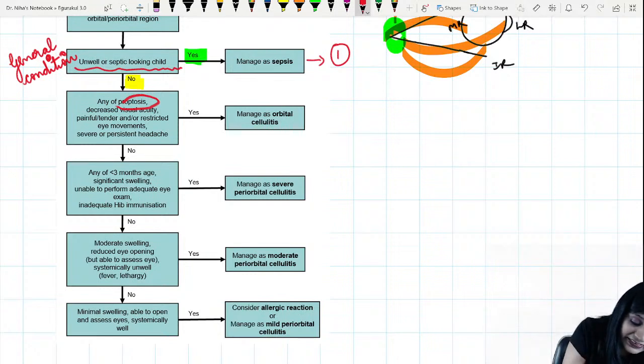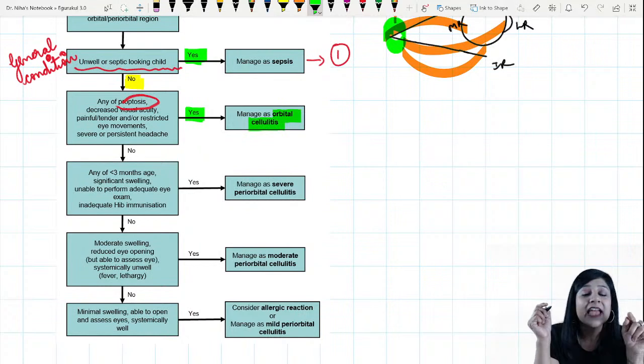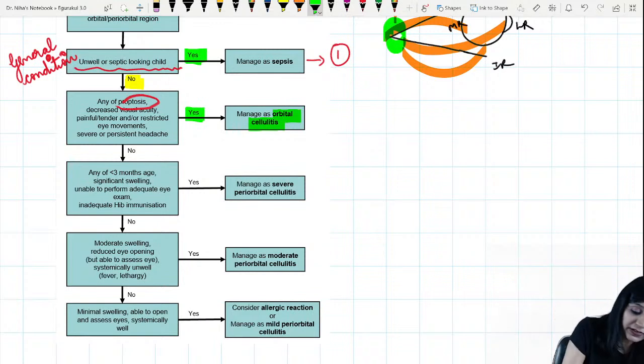And if it is yes, see here, then you have to treat it as a case of orbital cellulitis, and that was the case in this question also. So you can directly treat this question as a case of orbital cellulitis from this flowchart also. But if it is no,